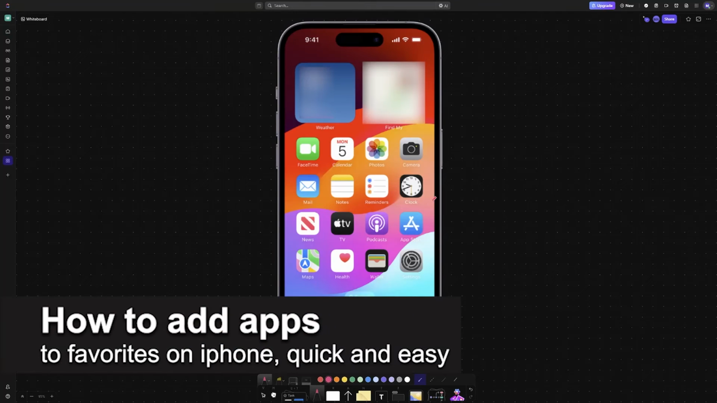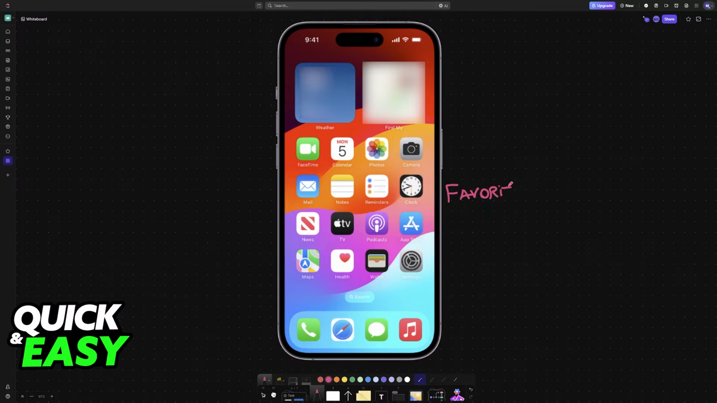In this video, I'm gonna teach you how to add apps to favorites on iPhone. It's a very easy process, so make sure to follow along. Now, favorites apps on an iPhone can usually mean various different things depending on where you want to add the